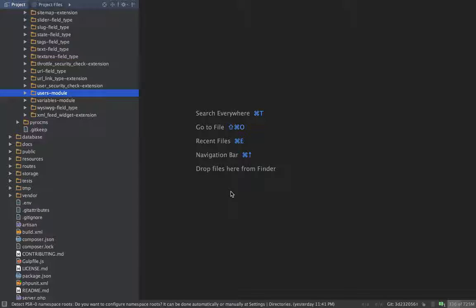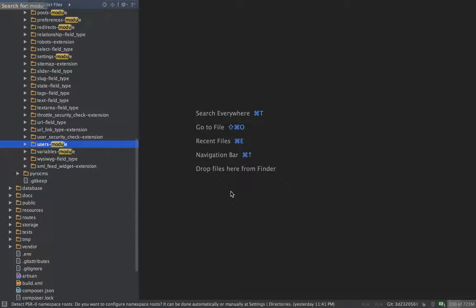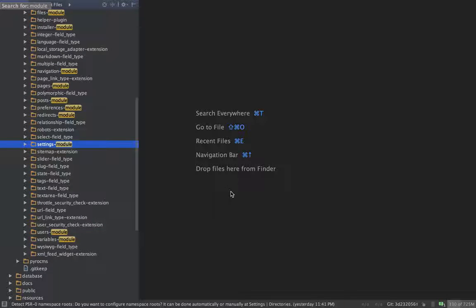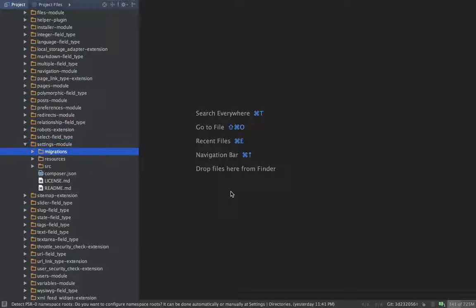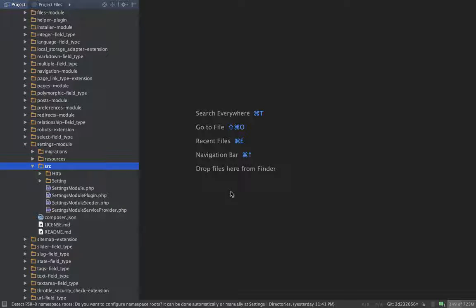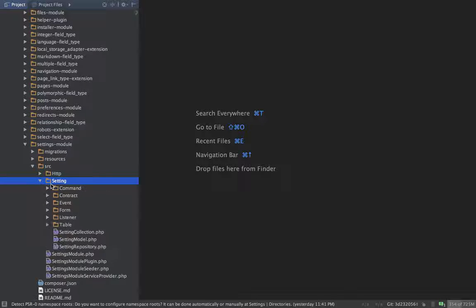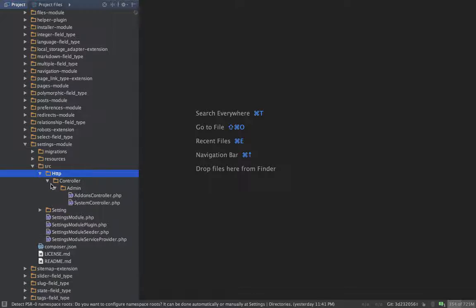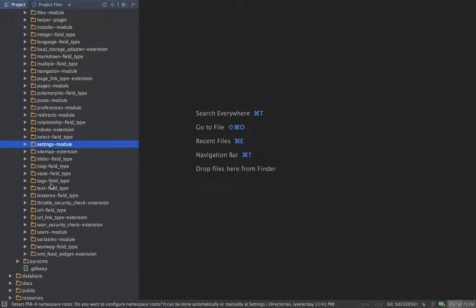If we go back into the vendor directory and scan for modules and take a look at some of these other ones, the settings module still has migrations, we still have resources, and we still have a source folder and a composer.json file. This one also comes with its own seeder, service provider, plugin, and then of course the settings module class. We have a settings stream, and all that good stuff is in here. Then we have the controllers, and this one only comes with admin stuff, it looks like. If we keep looking,